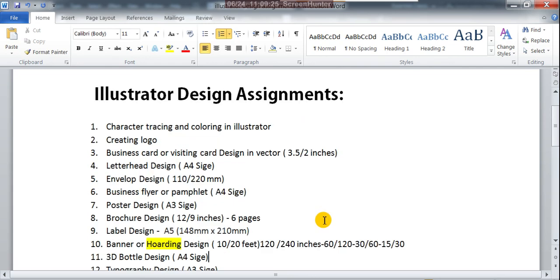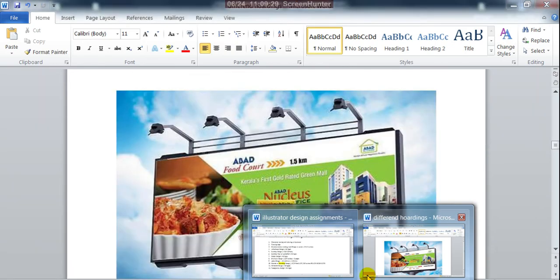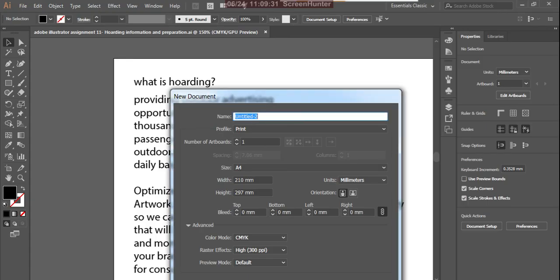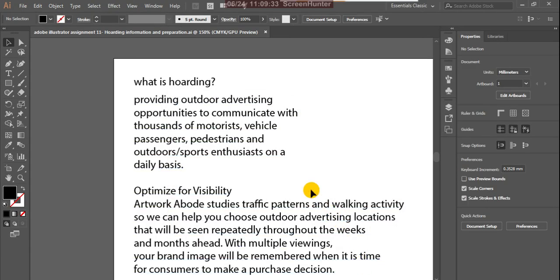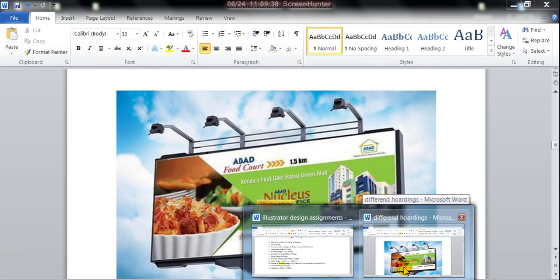So this is only for the preparation. Suppose this is the main information, information about hoardings and examples of hoardings.